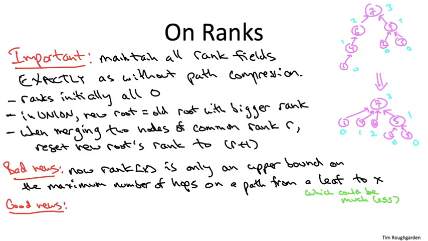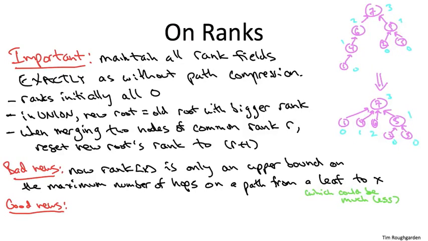It doesn't matter if there's path compression or not. At all moments in time, every object will have exactly the same rank in one copy as it does in the other copy. Path compression or no, doesn't matter. Exactly the same ranks. What's going to be different in the two copies are the parent pointers. They're in some sense going to be further along. They're going to point further up into the tree in the copy with path compression. But no matter, any statement that's purely about ranks is going to be equally well true with or without path